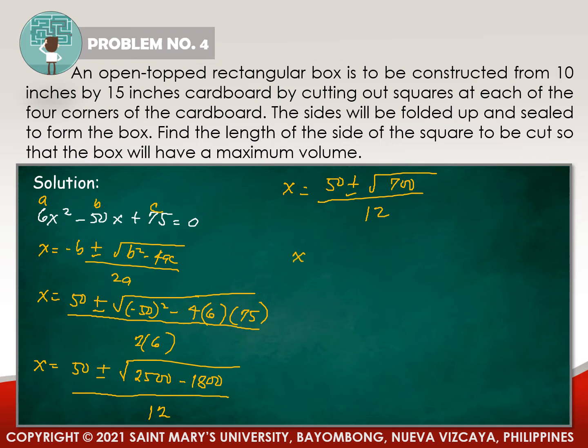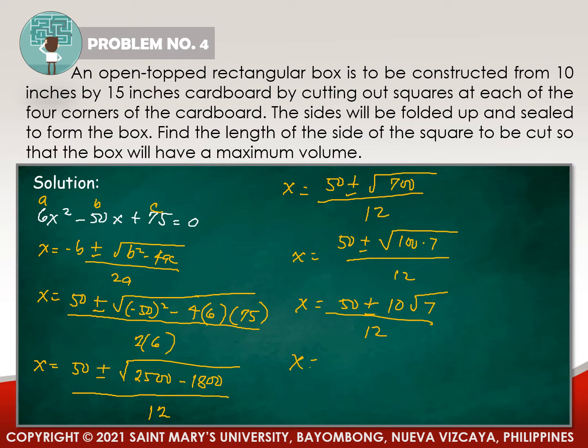Since 700 can be factored as 100 times 7, we have x equals 50 plus or minus the square root of 100, which is 10 square root of 7, all over 12. We divide all the terms by 2, including the denominator. So 50 divided by 2 is 25, plus or minus 10 divided by 2 is 5 square root of 7